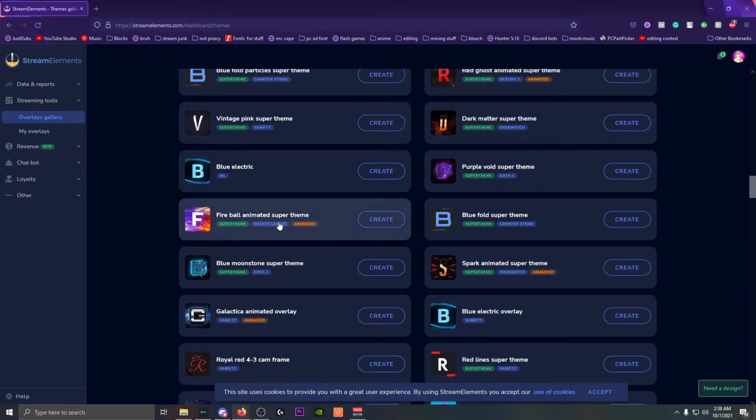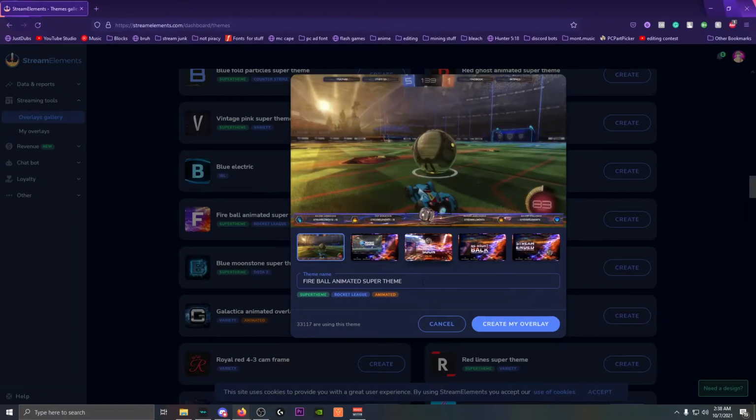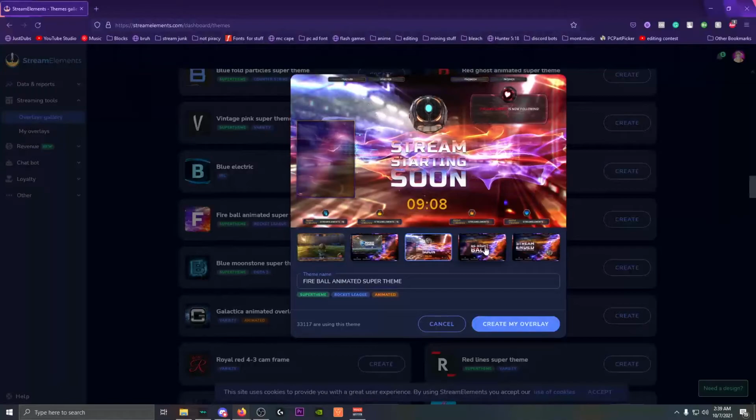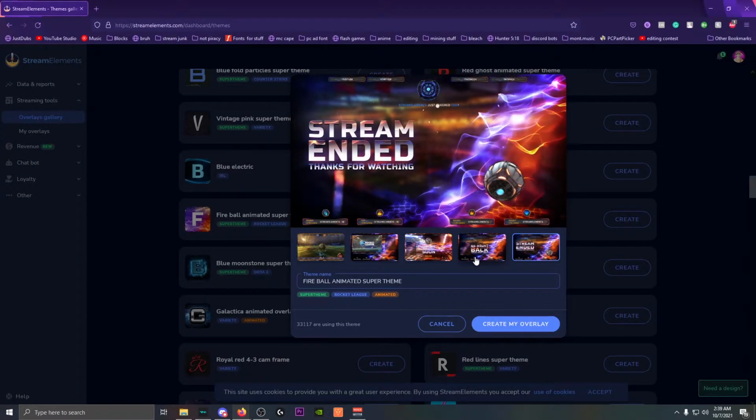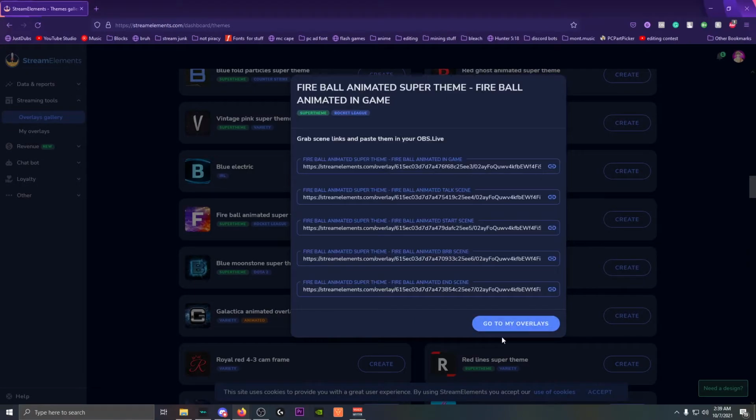So let's go with the fireball animated super theme. All we have to do is click create. It'll give us a little preview of what it's like. This one looks like it's a Rocket League pack, so we'll just click create my overlay. Now what we're gonna do